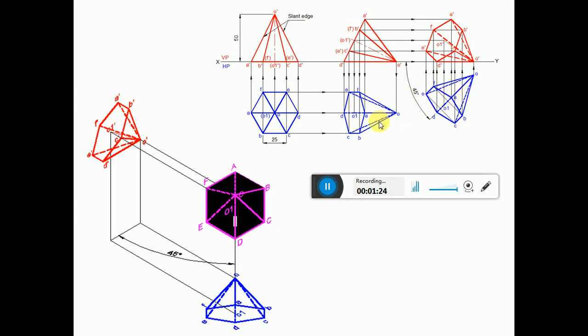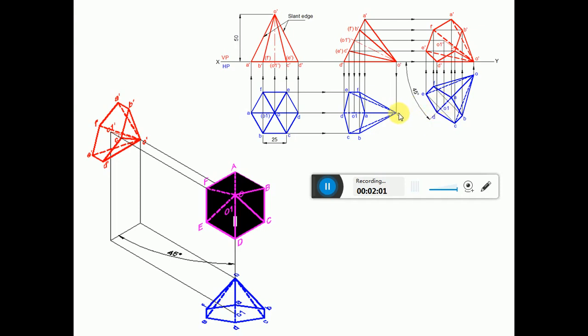So since we have to reproduce the same sketch here on the 45 degree line, consider any point on the XY line, and using the protractor you measure an angle of 45 degrees with respect to the XY line and then draw an inclined line, the 45 degree line. Then by using the compass you measure the length from O to O1, consider any point on that 45 degree line and mark that point as O, and cut an arc on that 45 degree line to get this point O1 and then extend it. So you mark this point as O1.